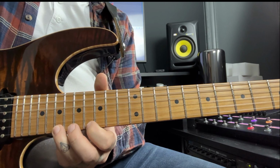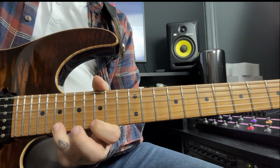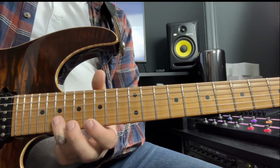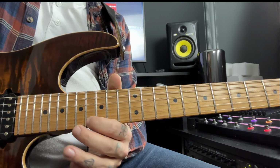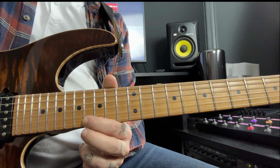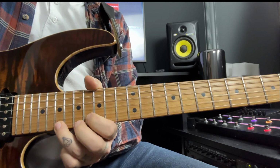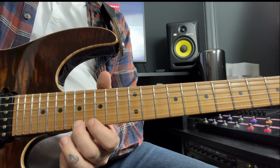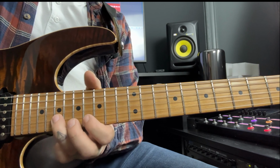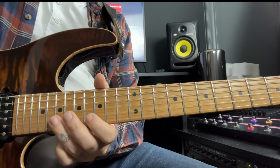Then we play a 19 on the top E, and then a 16, and then a 19. And then for the final run up, we start on the 19 of the B, and then the 16 of the E, and then the 17, 16, 17, 16, and one more 17. And we play 19, bent to 21. And then we play 19, 17, 16. So in context, that becomes... and at speed...